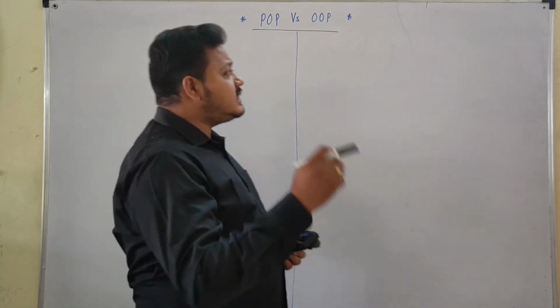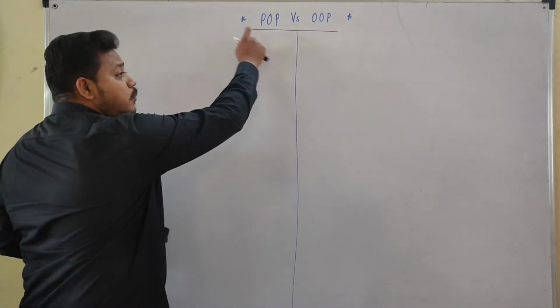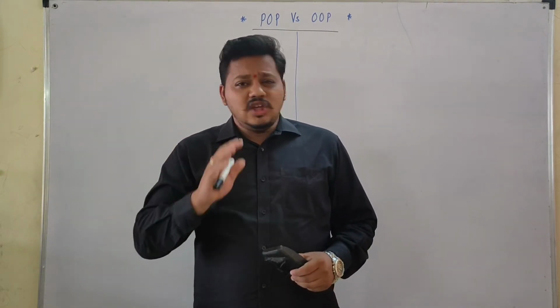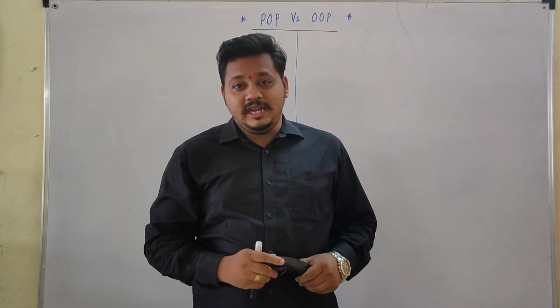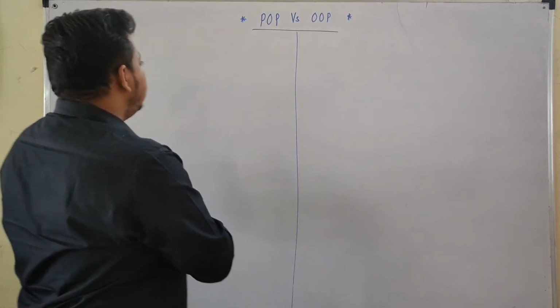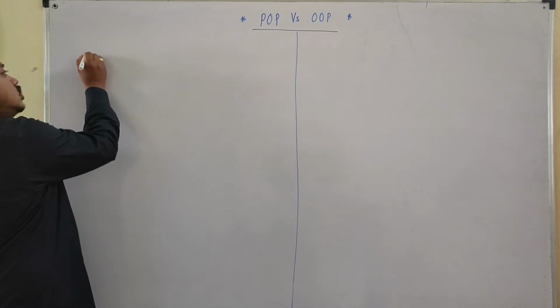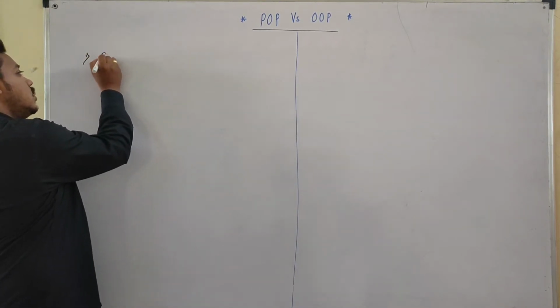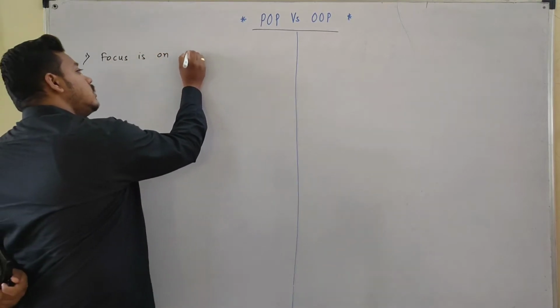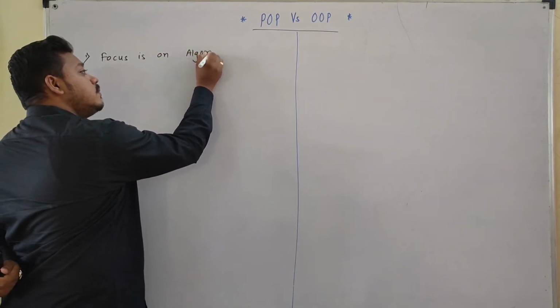So the first disadvantage of procedure oriented programming was that the focus was not on the data. The focus was on algorithm. So the first difference is, in procedure oriented programming, the focus is on algorithm,